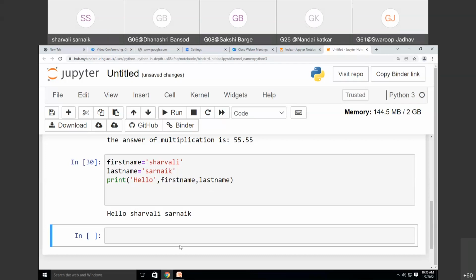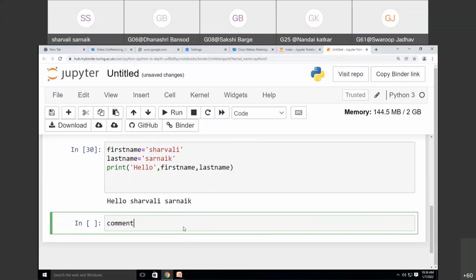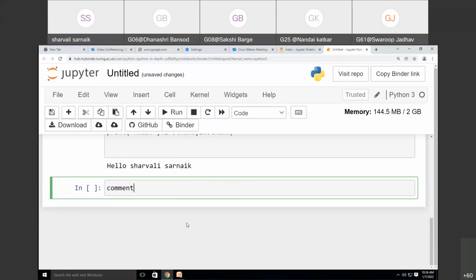Okay. Now another concept in Python programming is commenting of lines. Comments. Now what are comments? There are two types of comments: one for a single line and another for multiple lines. Let's take an example.